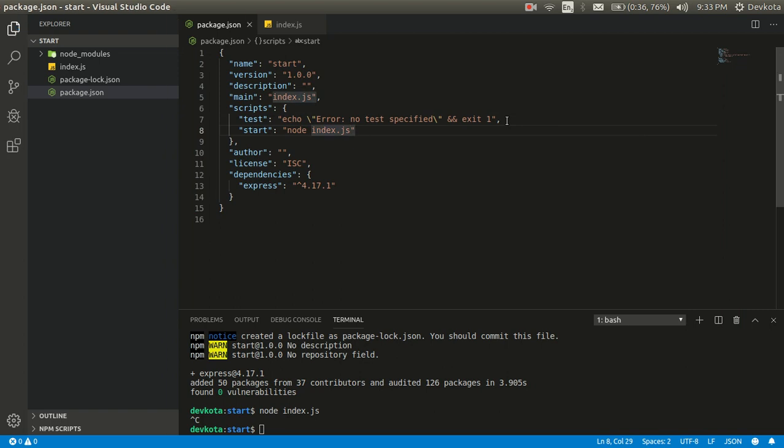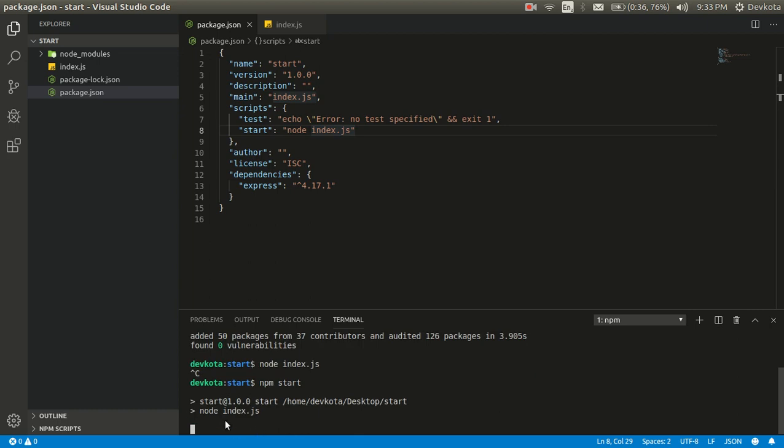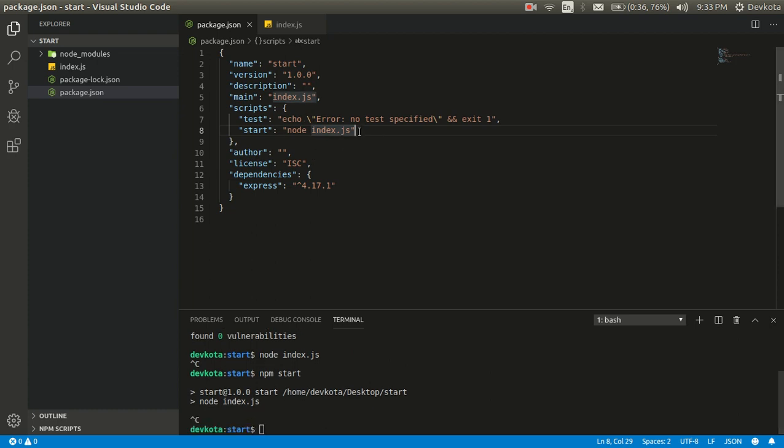Yes, start is a special script. We can run it using npm start. This will run node index.js, whatever is defined in here, and any other script, something like